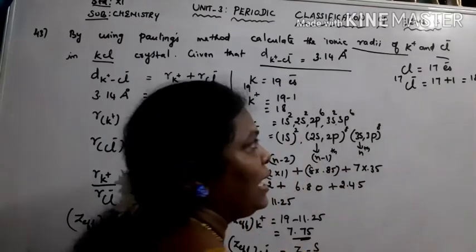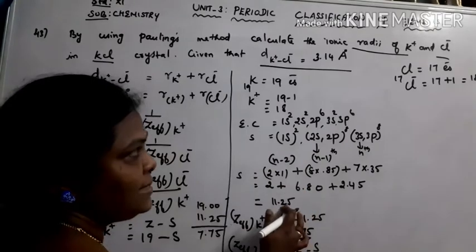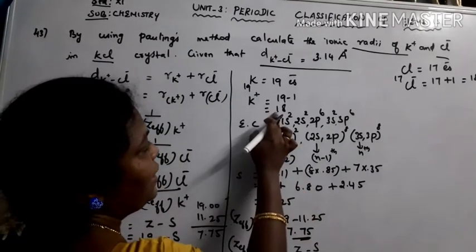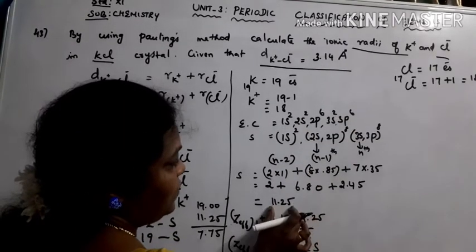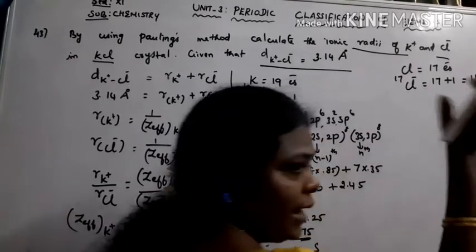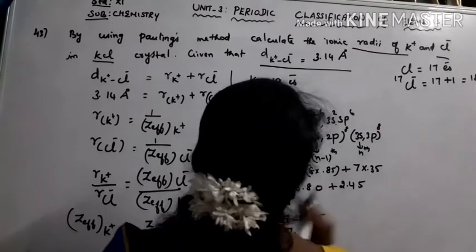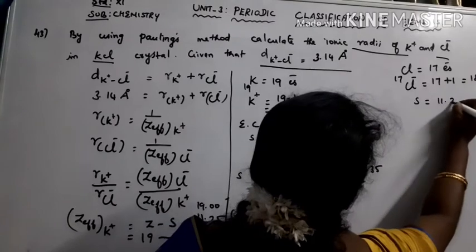So now we have to calculate the effective nuclear charge for 18 electrons. So this remains the same. So here also, for K plus with 18 electrons, we have calculated the screening constant. The same procedure you have to follow. I have already discussed it many times. I am simply writing that for 18 electrons, the screening constant is going to be 11.25.